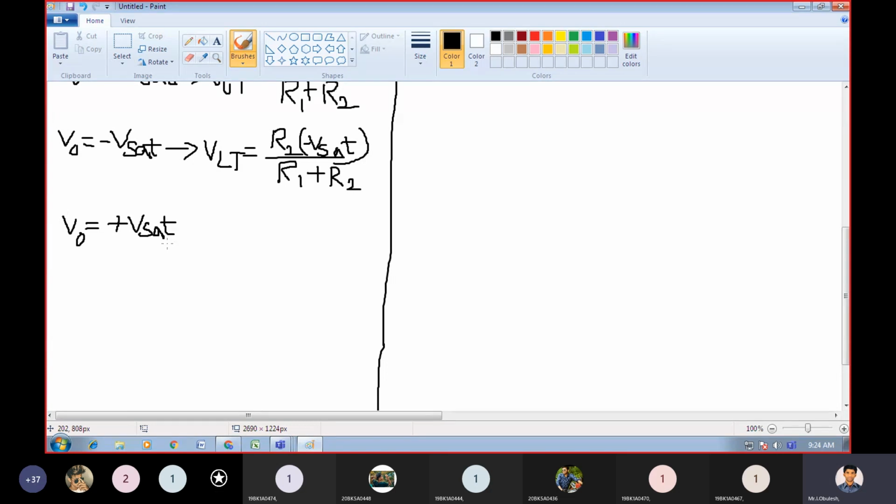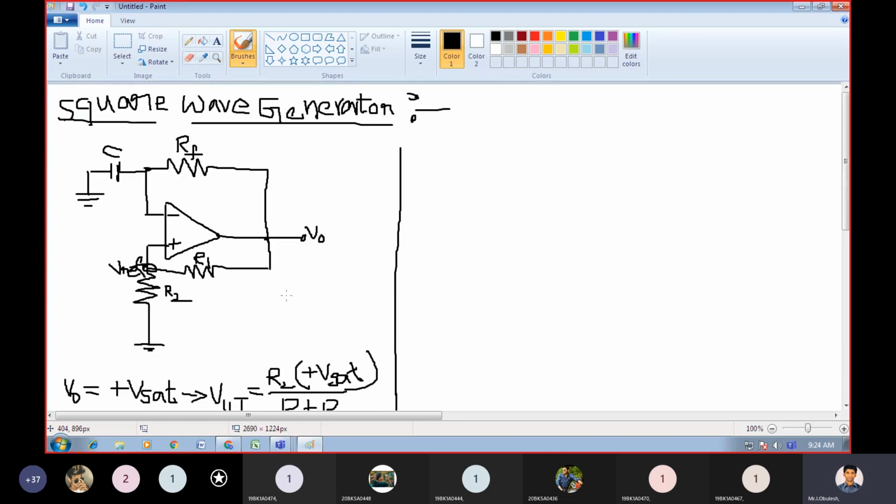We have output voltage, or peak output voltage, Vp equals VUT. And the capacitor C, if V naught is plus V saturation, we have the peak voltage equal to VUT,